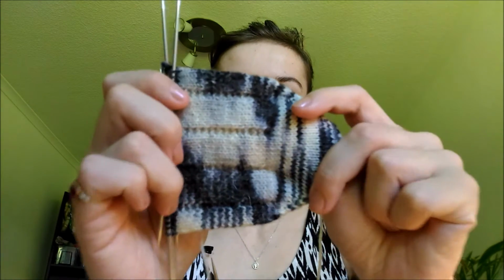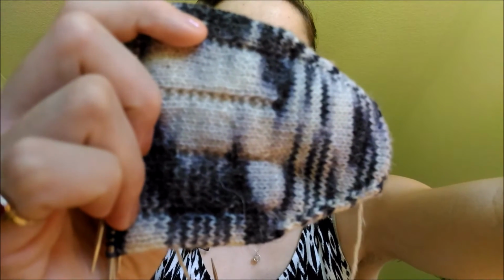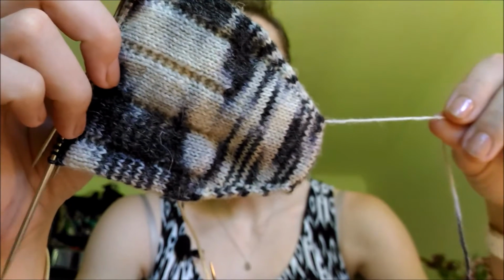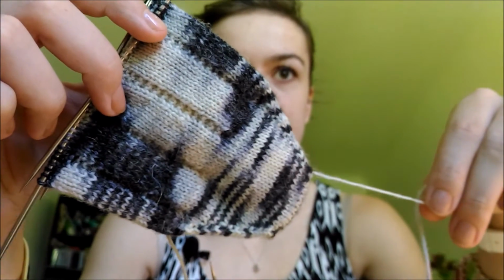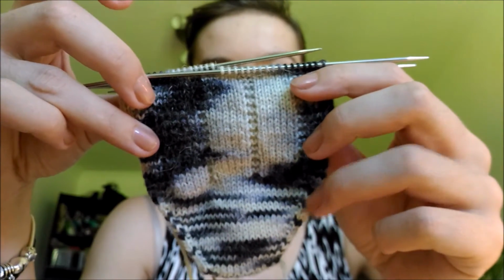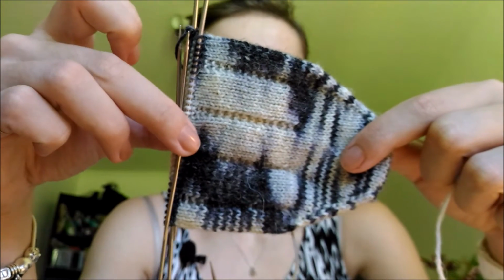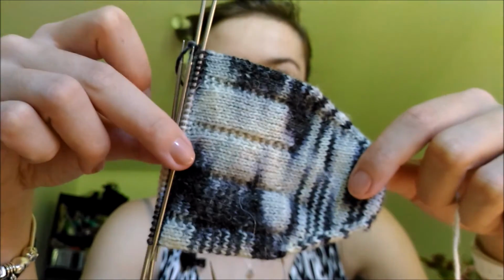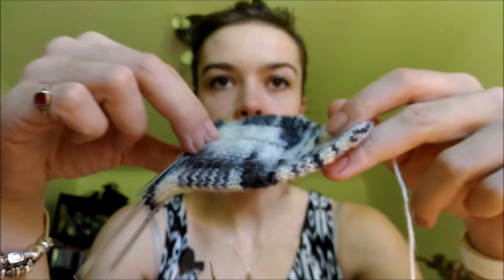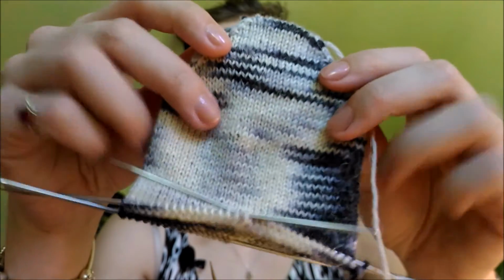And these are the Vanilla Latte socks. As you can see, I started with the toe. I did Judy's Magic cast on, and now I'm knitting the Vanilla Latte pattern on the front, which is a free pattern if you're interested. As you can see, I'm knitting it on DPNs. These ones are my HiyaHiya Sharps, 2.25 mm, US size 1 DPNs, and obviously the bottom of the foot is just stockinette, and I really like how this yarn is knitting